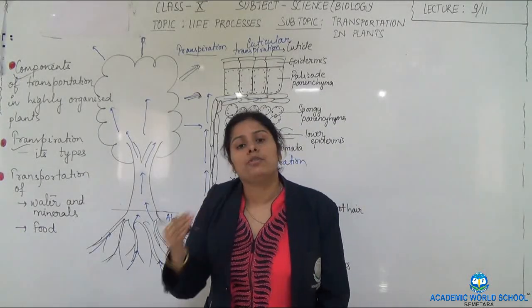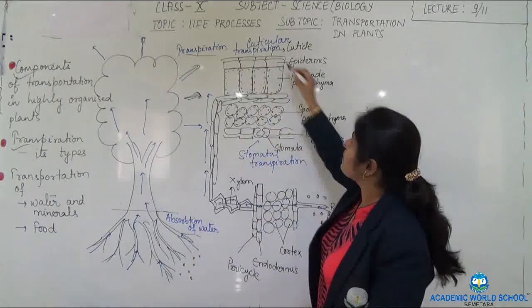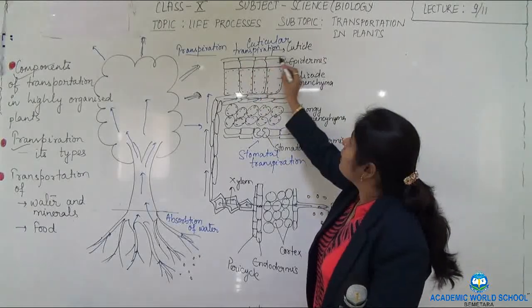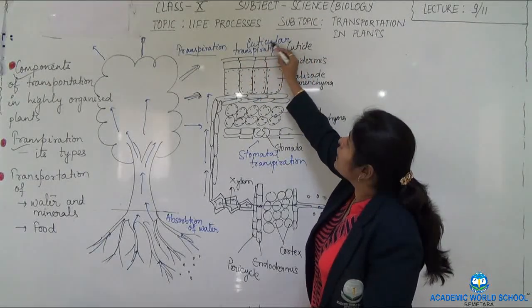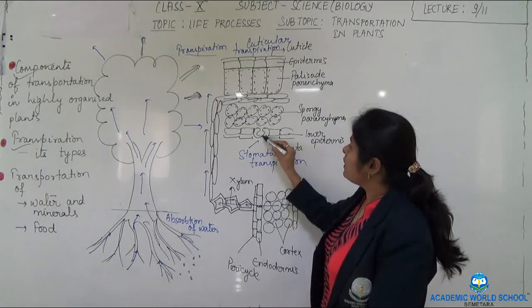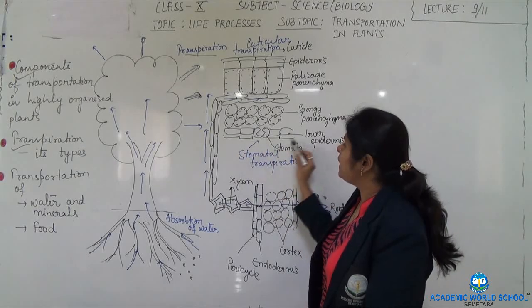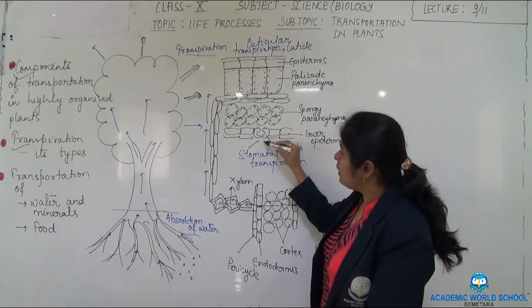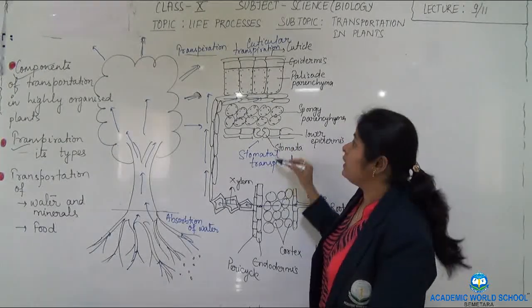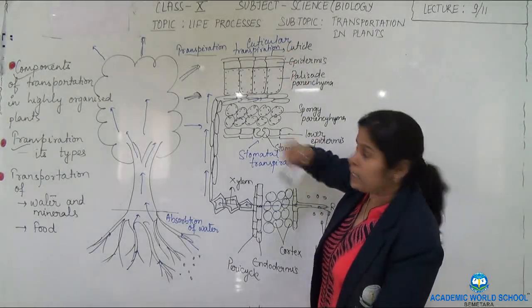Cuticle is the outermost layer. When we were studying the structure of the leaf, here you can see this is the structure of a leaf. The upper layer is called the cuticle. Water lost from the cuticle we call cuticular transpiration. Water is also lost through the stomata, the tiny pores present in the lower epidermis, or the lower side of the leaf. When water is lost from the stomata, we call it stomatal transpiration, and if it is lost from the cuticle, we call it cuticular transpiration.